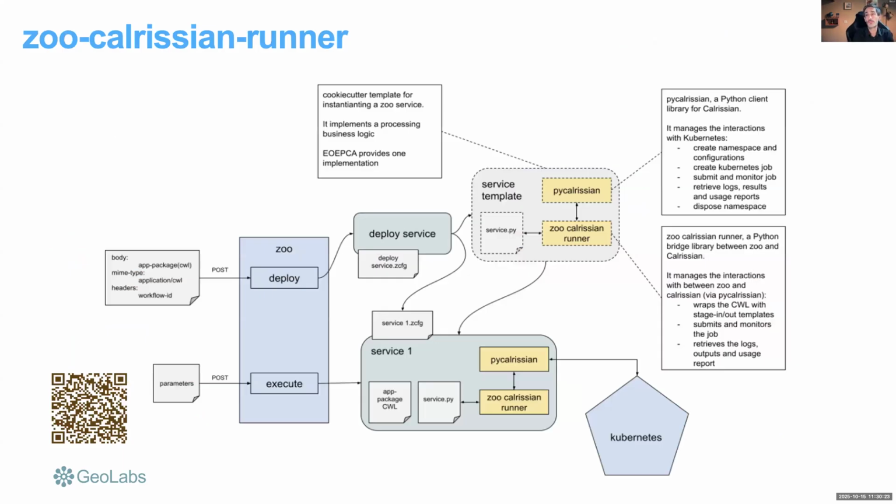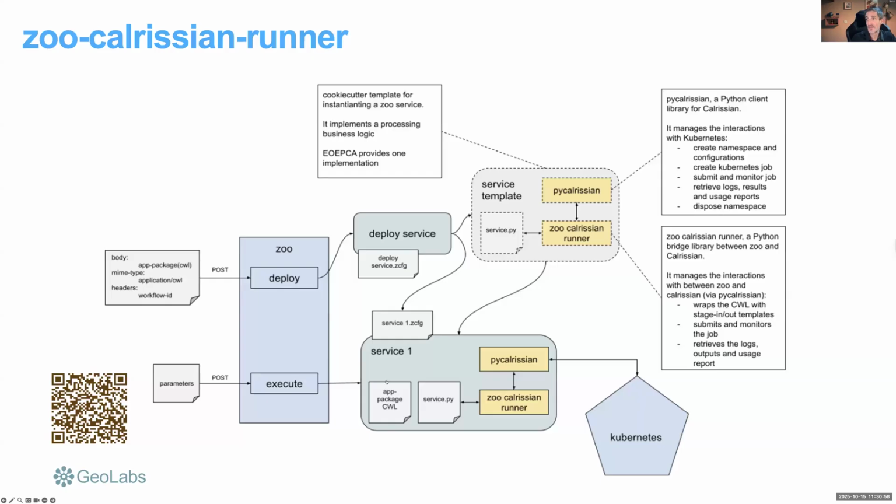So here you have an overview of the runners we are currently supporting. We started with the ZOO Calrissian runner, where you can see the deploy and the execute operations. When you request to deploy a process on the server instance, the ZOO-Project behind the scene will basically clone a GitHub repository where the service template is located, and instantiate this template to create a